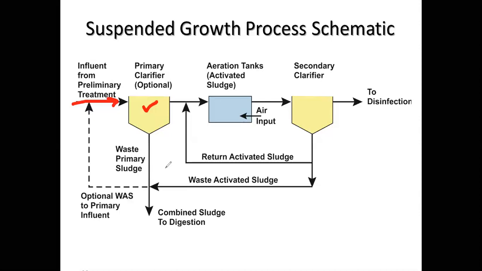What will happen in a primary clarifier? Whatever settleable particles there are will settle down at the bottom by gravity. Once it is settled down, it can be identified as sludge, and you can remove that sludge from the bottom side. And the supernatant liquid, which is free from the sedimented particles, will be forwarded towards the next treatment process. And the next treatment unit operation will be the aeration tank.